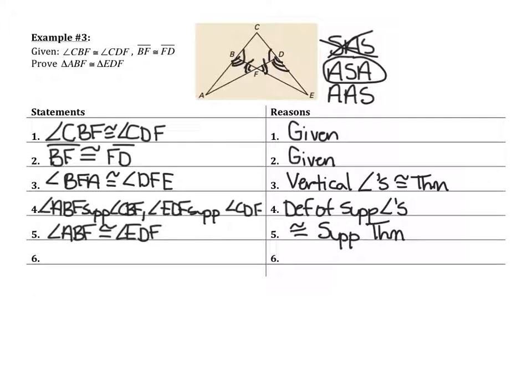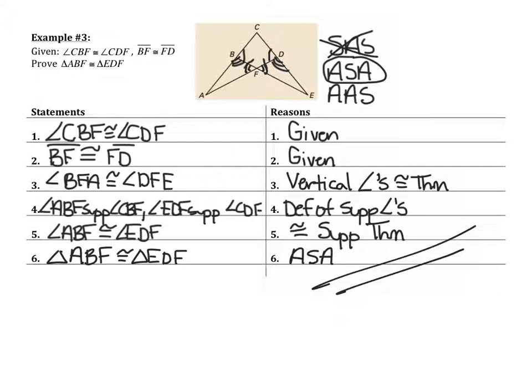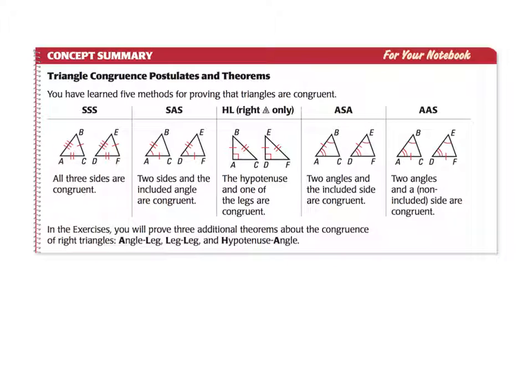So now when I look at my diagram, I have an angle, side, angle situation. Angle, side, angle. So now I am ready to state that triangle ABF is congruent to triangle EDF because of angle, side, angle. My proof is done. Put 2 tick marks to show that. Again, I realize that this proof was difficult, but hopefully you were still able to reason as I did as I went through it. To finish up this section, I provided a screenshot from your book that summarizes all 5